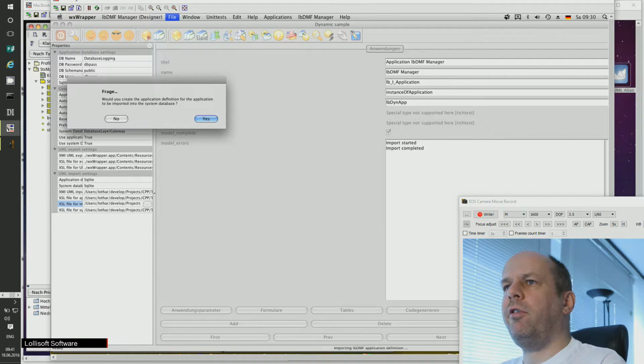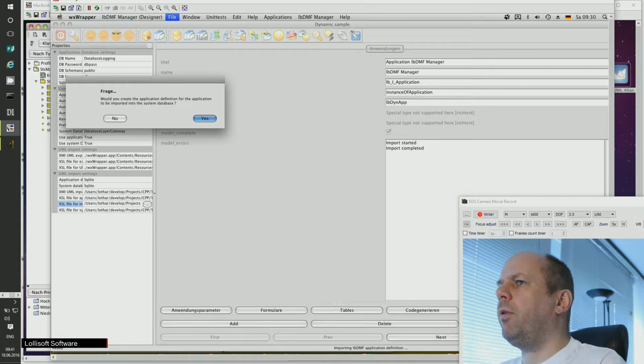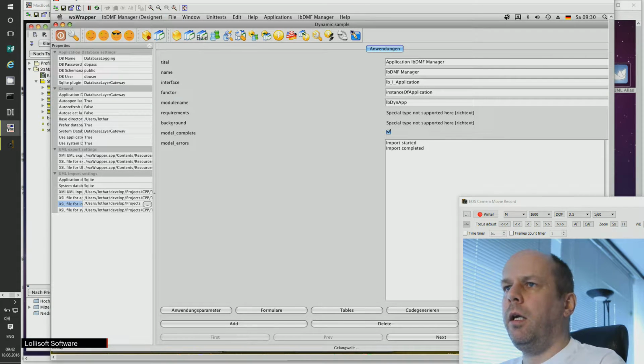This was the first step. The second step informs you about importing the application model into the system database, and I also want to do it. And now the import has been done, and here it is. There are some new